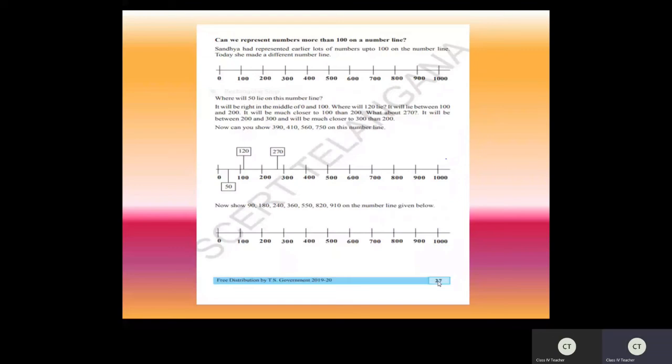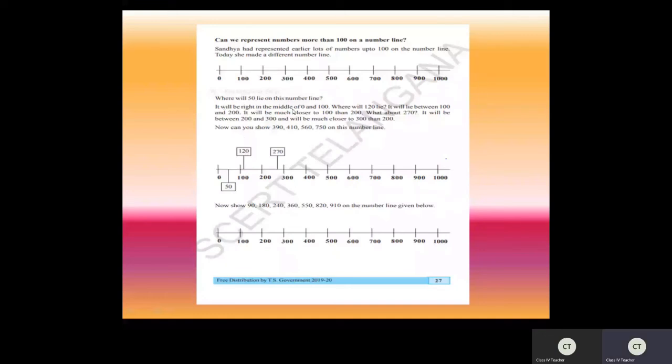So now you have to represent. You see here, a line is drawn from 0 to 100. So in between, how many lines will there be? 10 lines, at equal distances. You can see the scale from 0 to 1. How many small lines will be there on the scale? 10 lines. You will see that 0 to 1 and 1 to 2, the distance and the lines will always be the same. Here also the same. Okay. The next one.